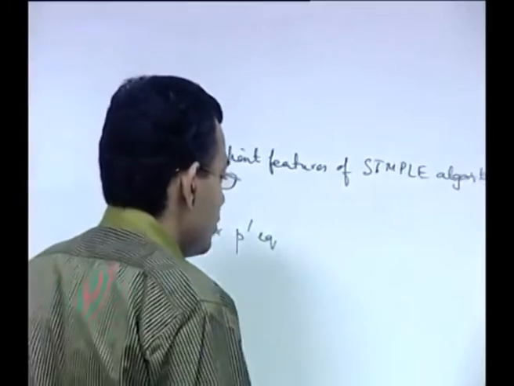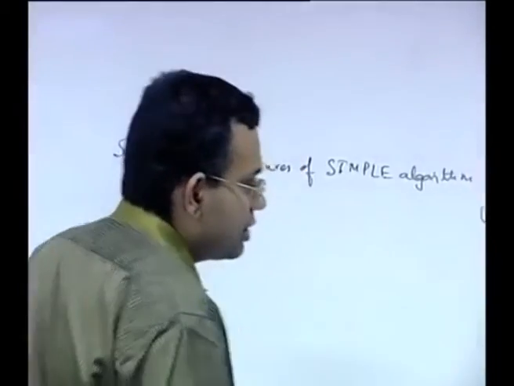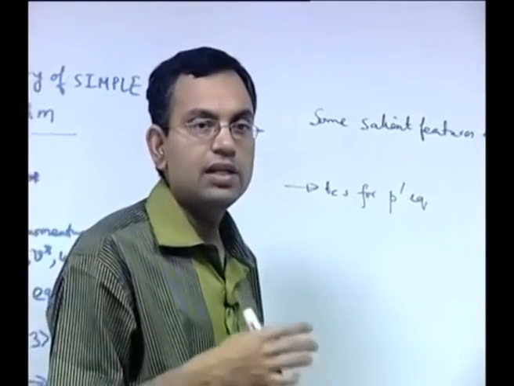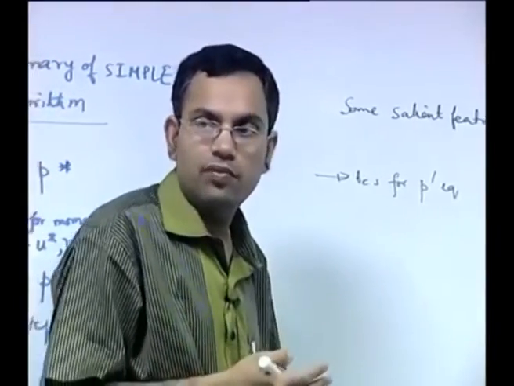Now there are several types of boundary conditions possible. We can discuss two important boundary conditions. One is a given value of pressure at the boundary, another is a given value of velocity, the normal component of velocity, at the boundary.